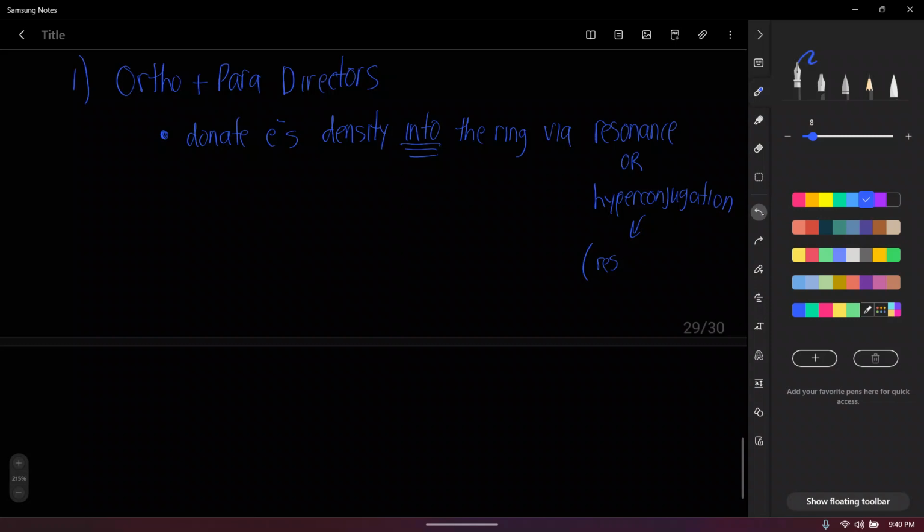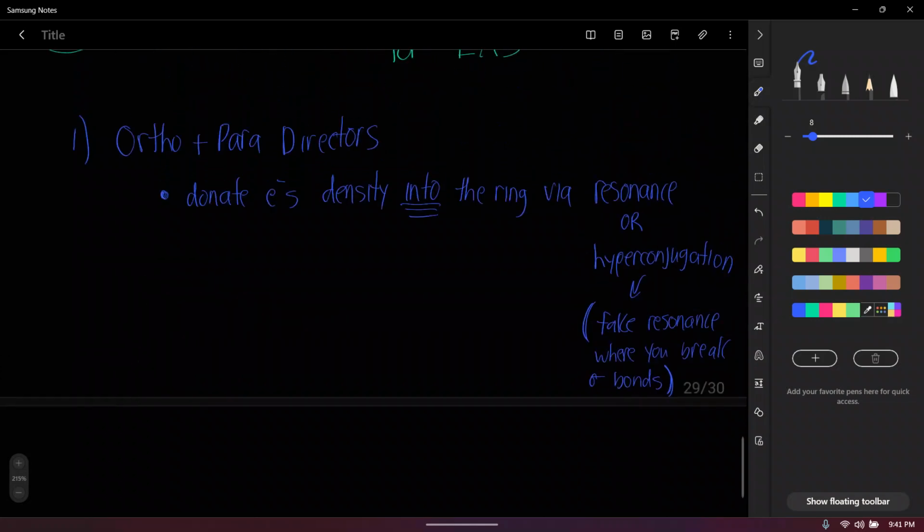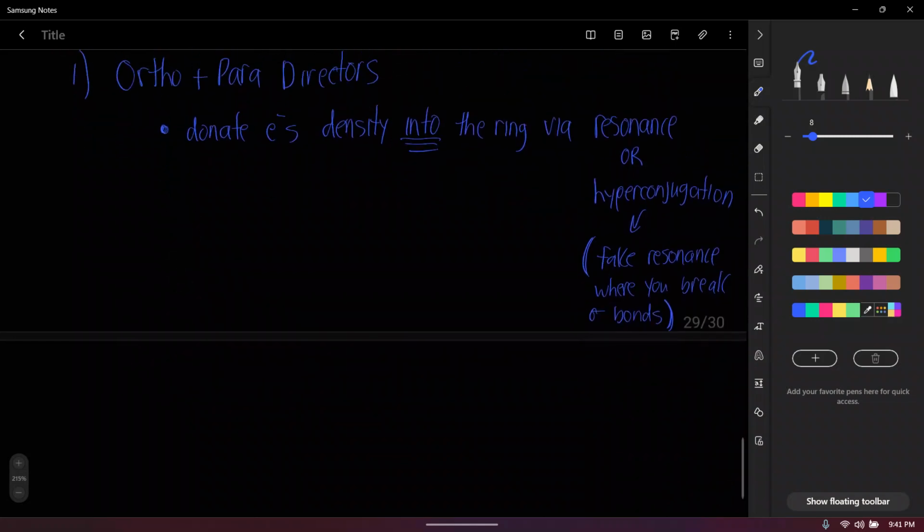Well, okay, I shouldn't say it's resonance. It's like fake resonance. Fake resonance where you break single bonds. Because normally in resonance you can't break single bonds. But in hyperconjugation you can kind of sort of break them. Okay? So you donate electron density into the ring via resonance or hyperconjugation. And what that means is that your ortho-para directors